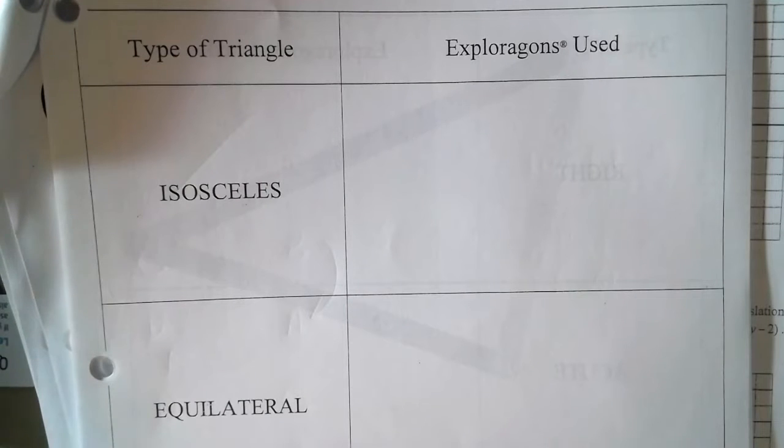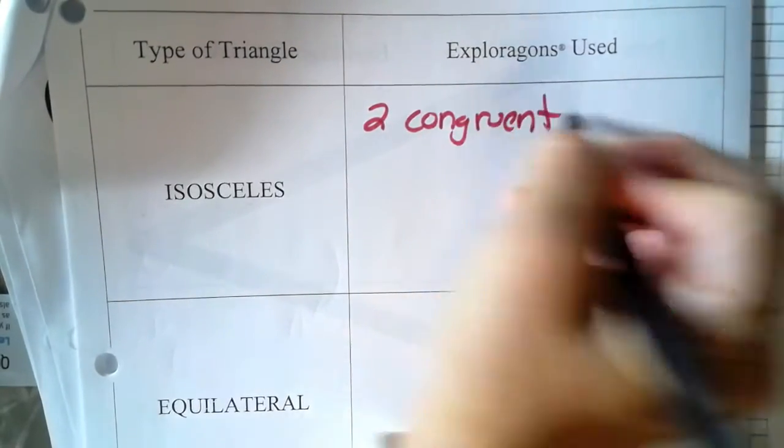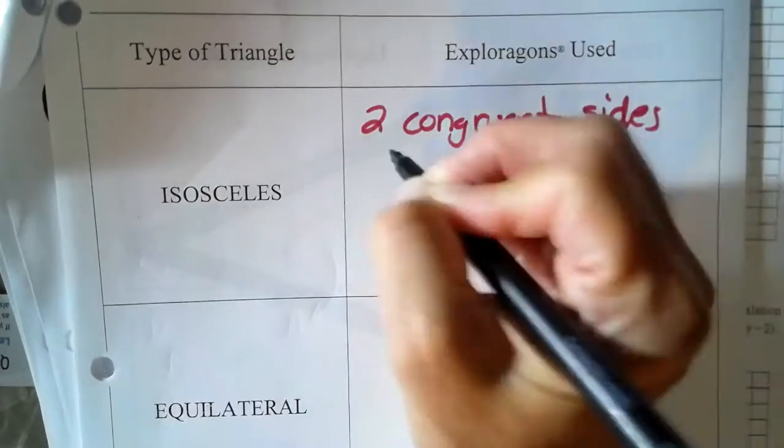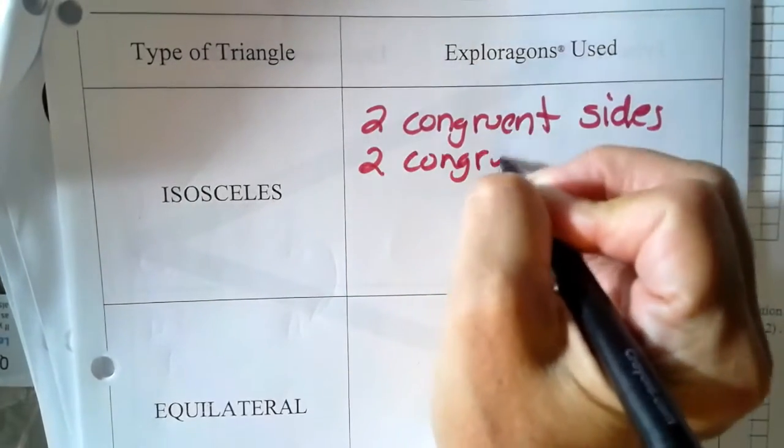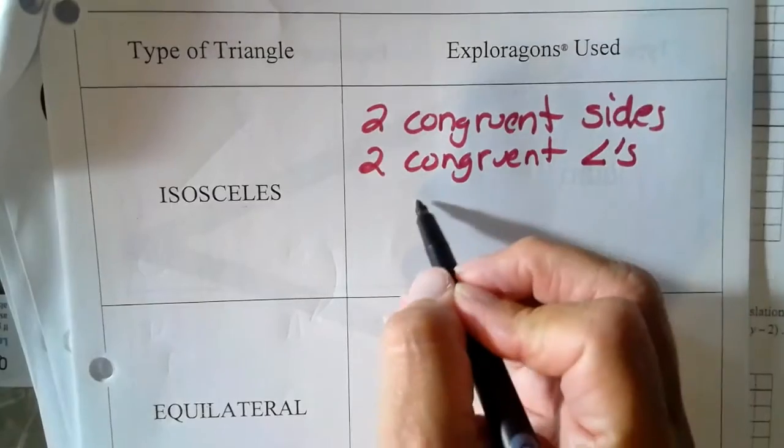Today we're going to be building congruent triangles. What I'd like you to do is take a few minutes, and you should have had a few minutes to write down what you know about isosceles, equilateral, and scalene triangles. So hopefully you wrote something like isosceles, two congruent sides, two congruent angles. And you should have drawn something like